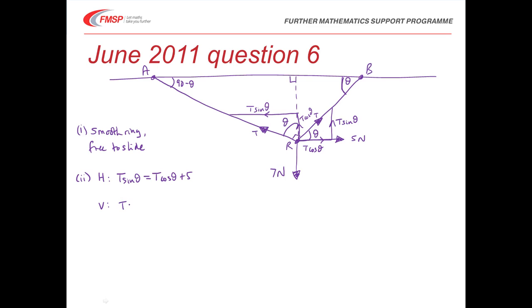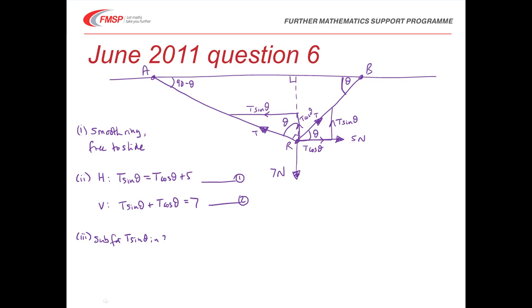So t sin theta plus t cos theta equals 7. And there's my two equations. Now I'm going to solve these simultaneously to find theta and t. First of all, as equation 1 is written in the form t sin theta equals, I think I'm going to substitute using that equation for t sin theta